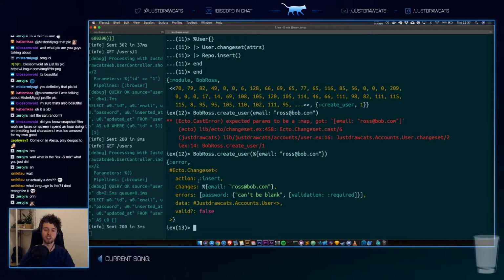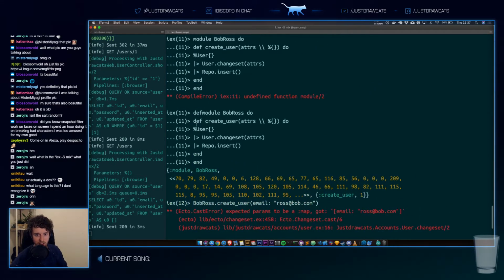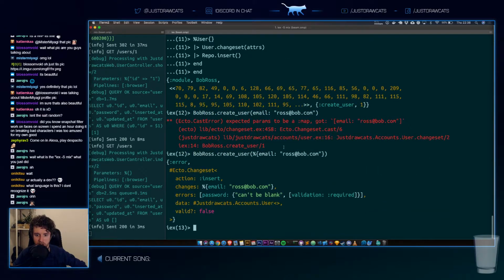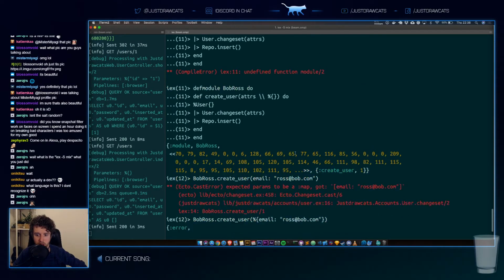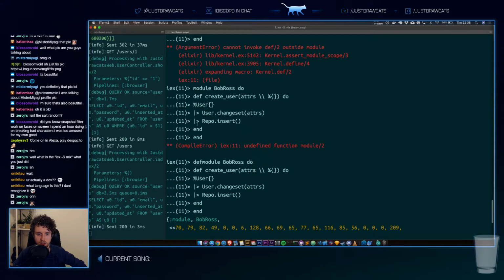Okay, so as you can see, it tried to insert it. So we asked the repo in this function, right? We asked, okay, create an empty user, then pipe it through the change set. So take this empty user, give it a bunch of attributes that we passed. So we passed it email is Bob Ross, ross@bob.com. That's great. And then try and insert it. Just straight up send it to the database. But we called this